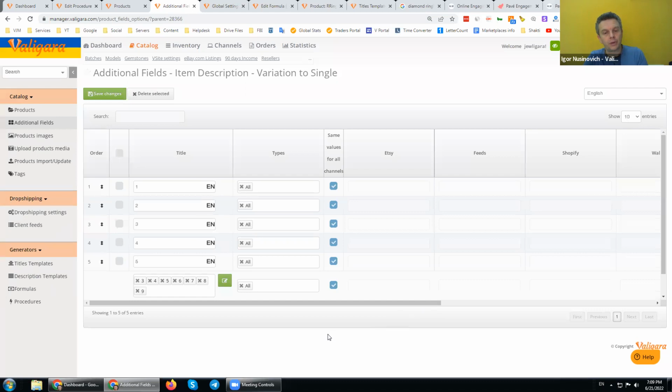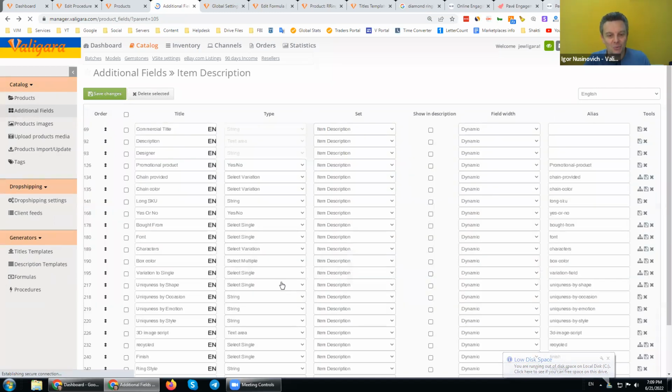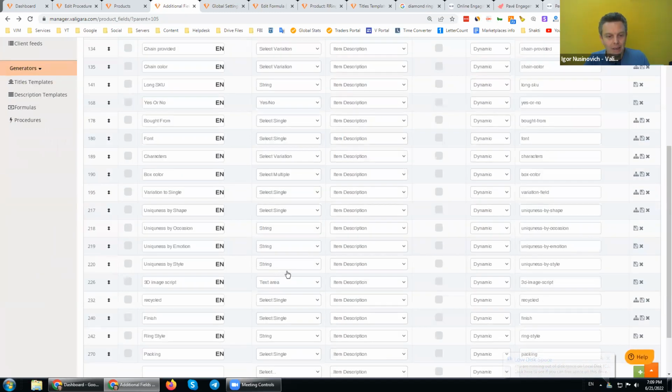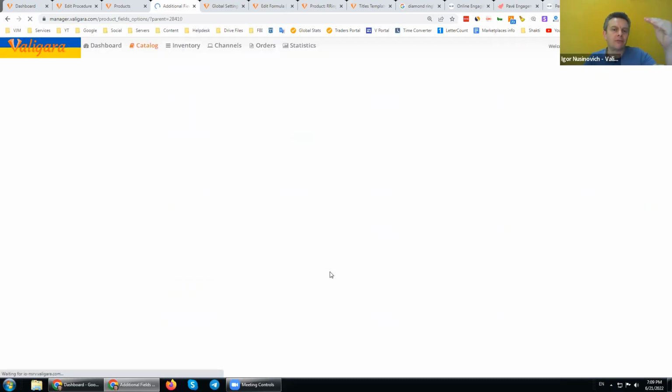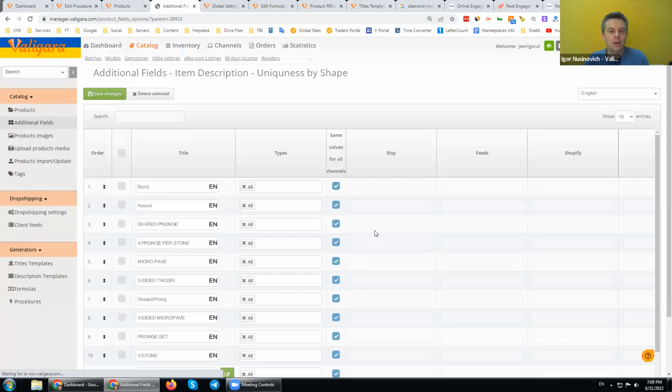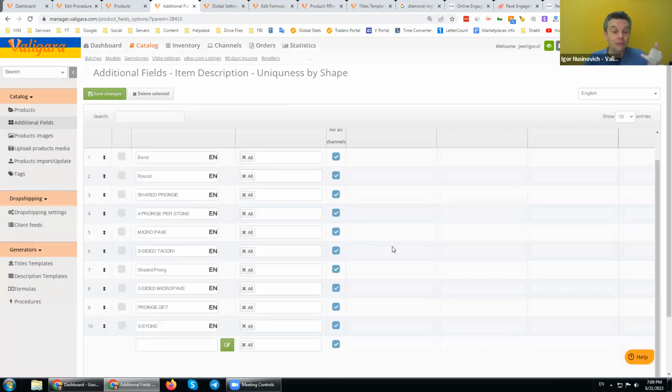Now, an important thing. I'm now working with select single. I don't even know what this field means. Let me check something more interesting here, so it will be maybe more clear. So I work with select single, uniqueness by shape. Okay, now let me dive into it for a second. I have different values, but not all the values are relevant for all the products.